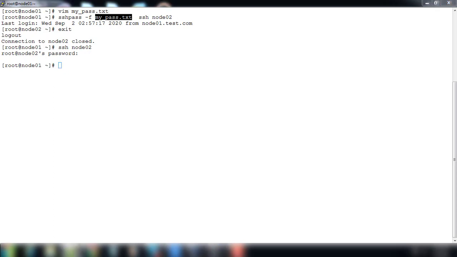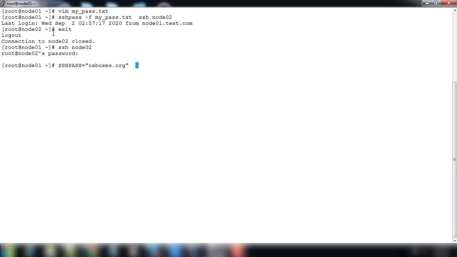The next option is to use a variable, SSHPASS, which is equal to whatever the password is.